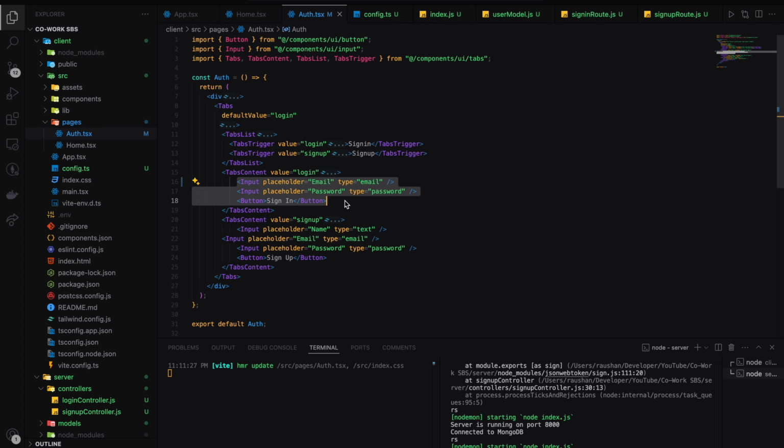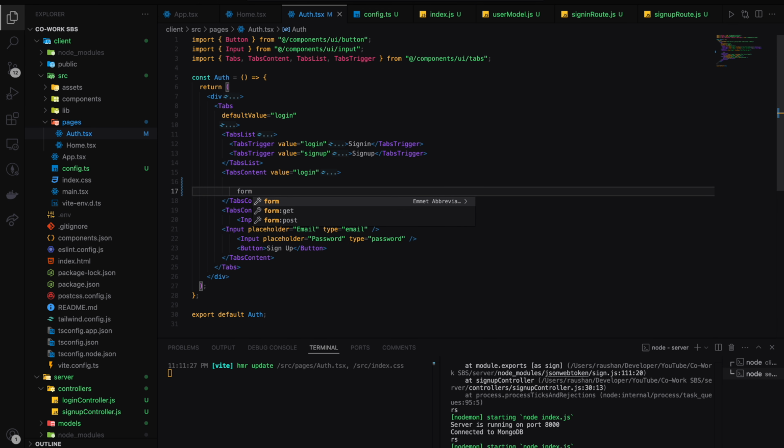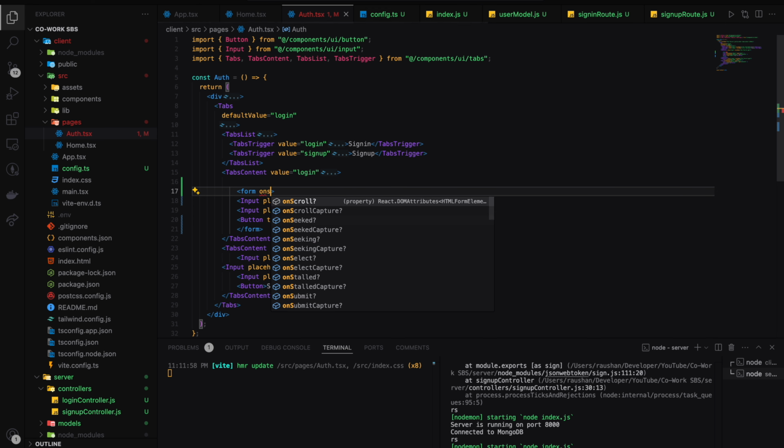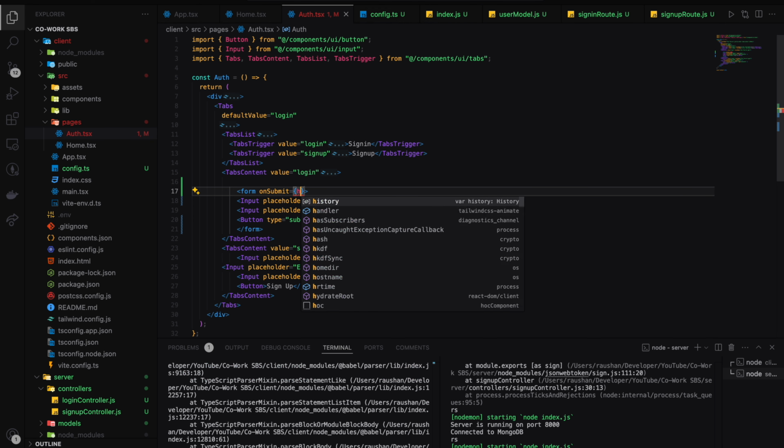Simply copy this and use the form and action, remove the action, and under it simply paste all that. So in the button, type is going to be submit. We are using the HTML form. So okay, and here in the form, type is going to be submit, and on submit, this is the onSubmit and handle